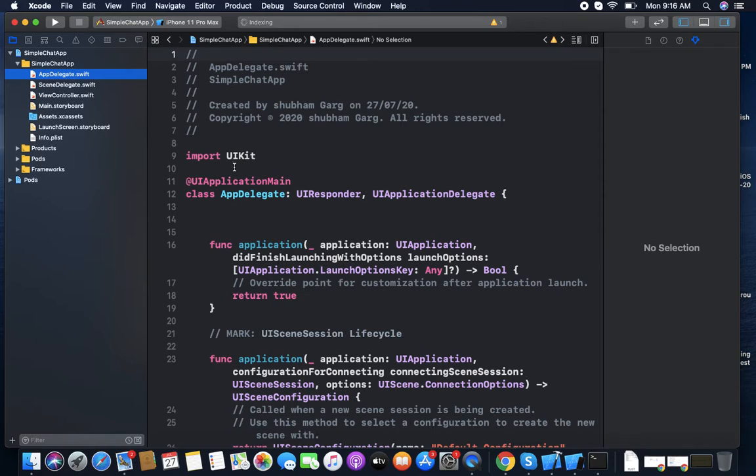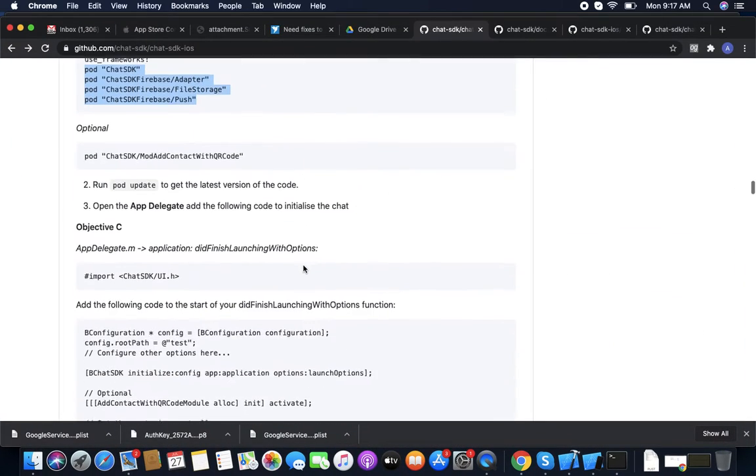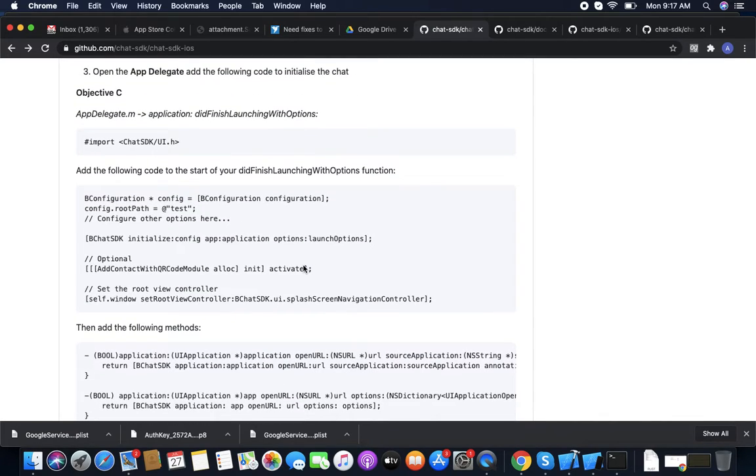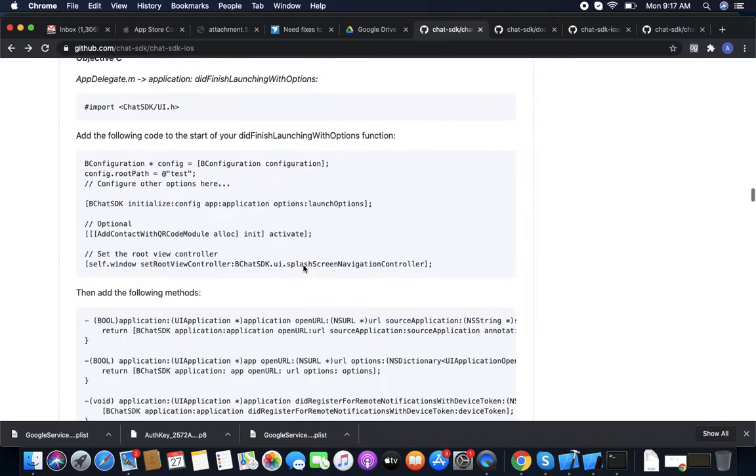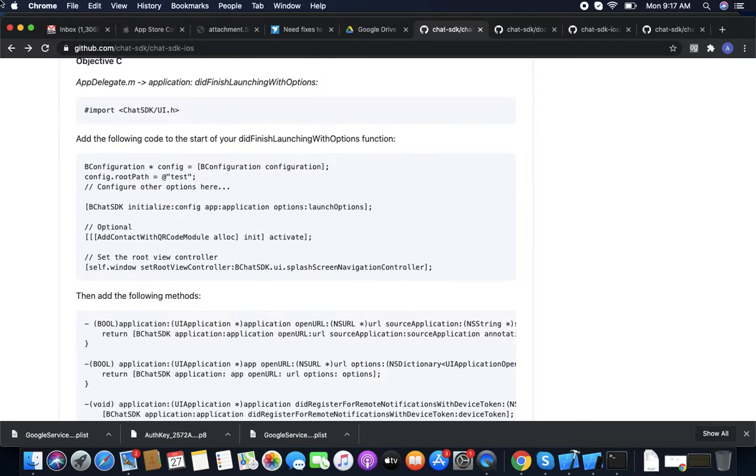So firstly, import the Chat SDK. If you read their documentation, their documentation did not use the scene delegate, so you can remove the scene delegate and only use the app delegate file. But if you want both, you can use both.